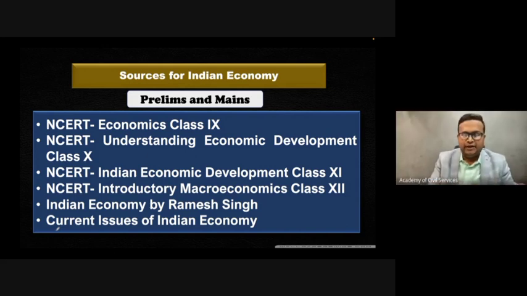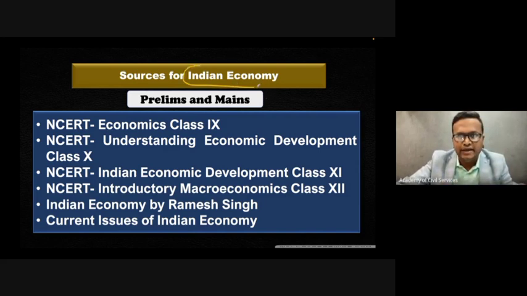Okay, then I will take two topics in front of you today. One, how to study the subject Indian economy, and second, how to study the CSAT for the civil services preliminary examination. Whenever we think of any subject of Indian civil services, I hope that you must have an idea regarding the prelims, main syllabus, and the interview pattern of the Indian civil services examination. I hope that you must have got in the previous classes a detail on what the structure of this examination is. Today, among these subjects which we have to study for the Indian civil services examination, one is Indian economy.